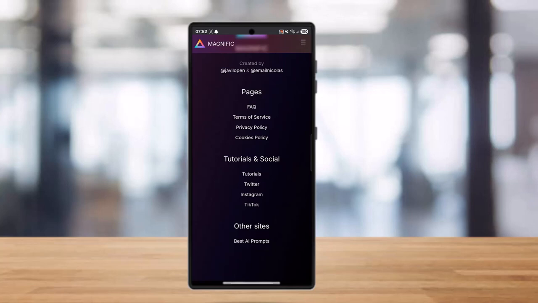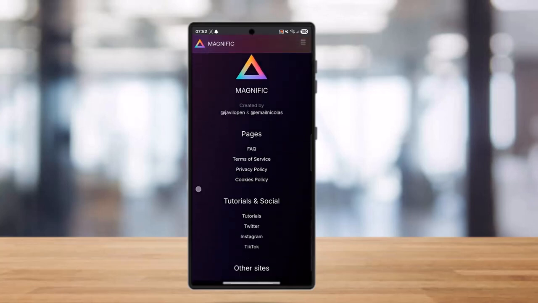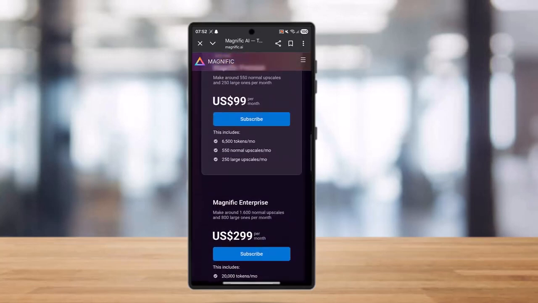Adjust the creativity, HDR, and resemblance slider to refine the result, and add a prompt to emphasize specific details, and then click upscale. After you have done this, you will be able to upscale low resolution images using your Magnific